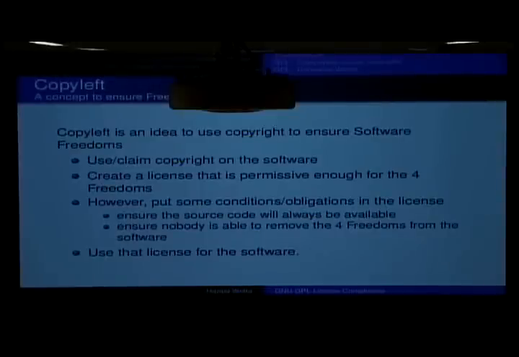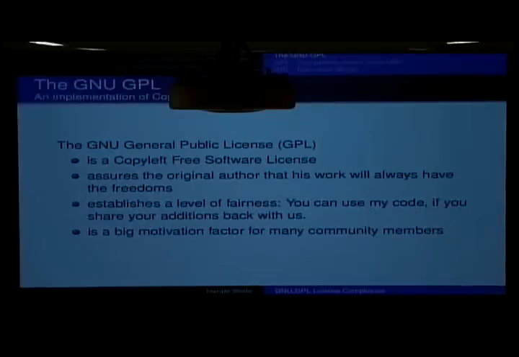And so free software is not public domain software. It is copyrighted software, just like any other software that people create and claim copyright on. But the way this copyright is being used is very different from other software licenses that you might find in proprietary software development.